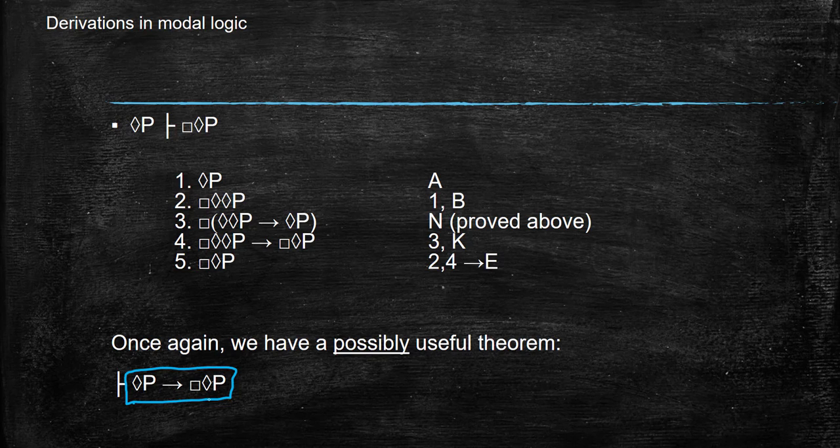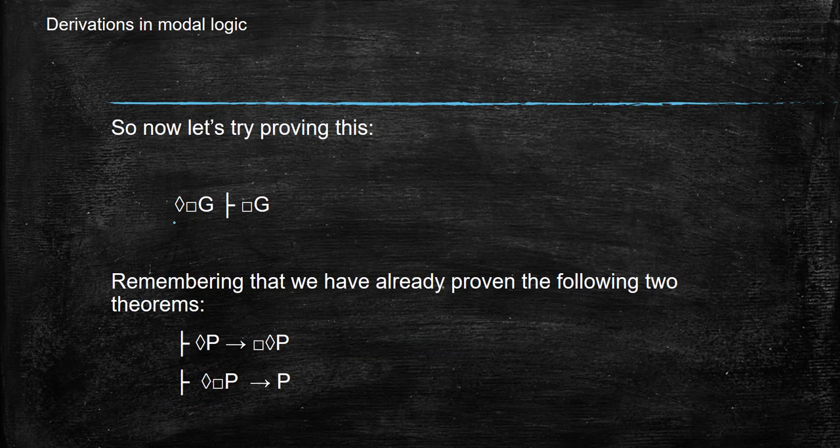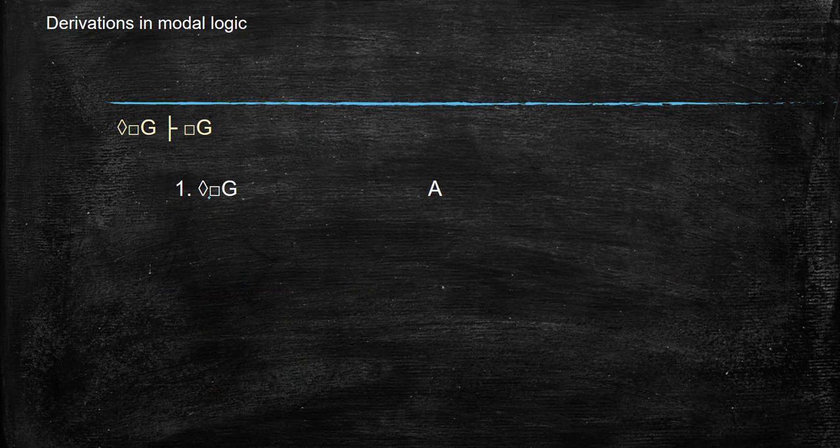And we did that for fun, but also because that gives us another possibly useful theorem in proving what really interests us right now, which is possible necessary G, therefore necessary G. So we'll proceed knowing that in the background we have these two theorems that might help us out. Okay, so this is what we're going to try to do. We're going to try to show that